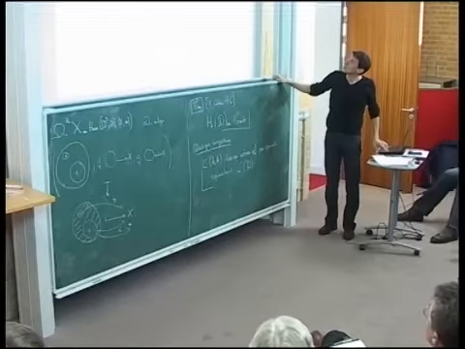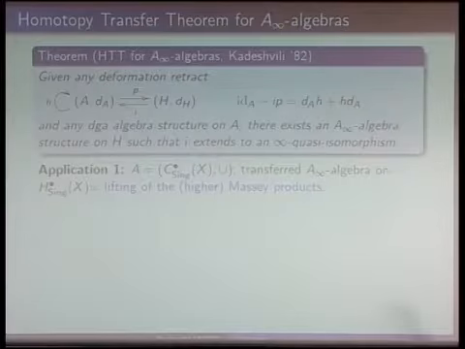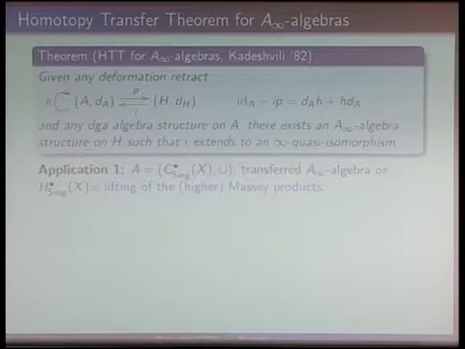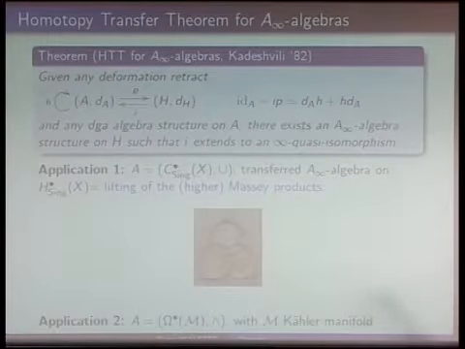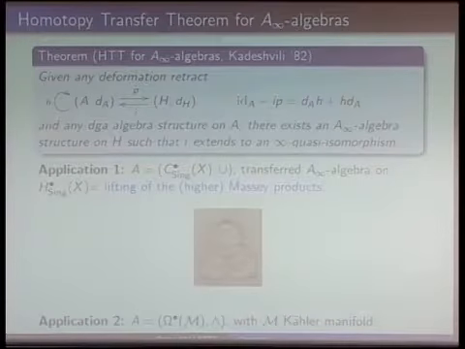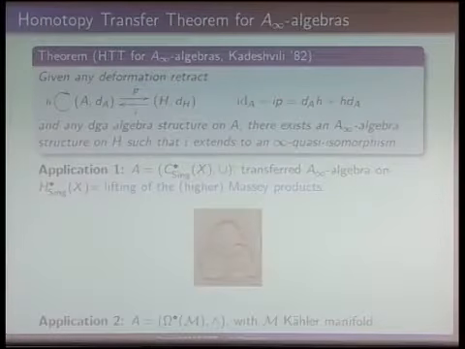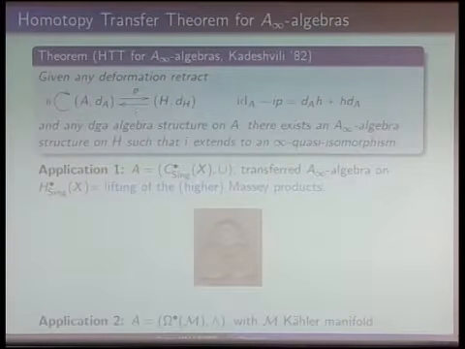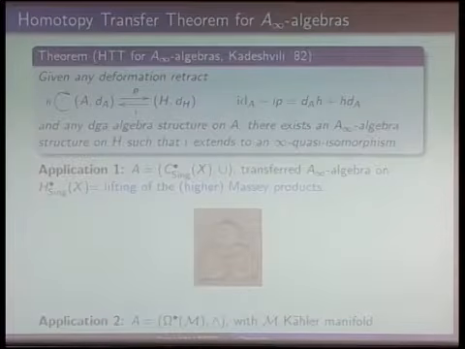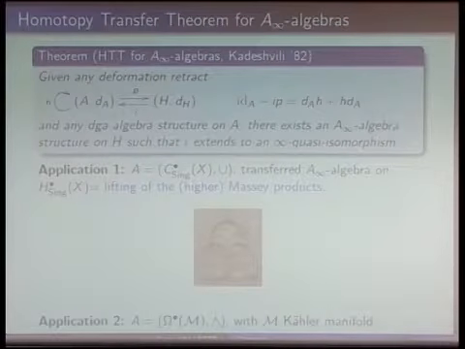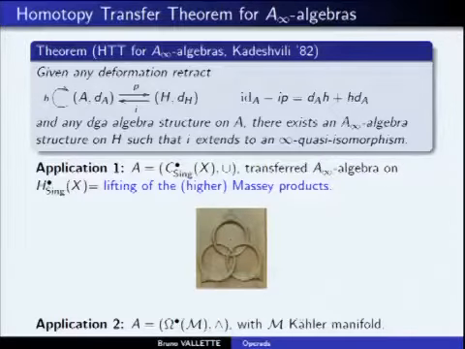Then you have the same homotopy transfer theorem for A-infinity algebras, and it is related to two things that you know: these higher Massey products on singular cohomology. So I give you an example where it is used, these Borromean rings. It was also used to detect whether a complex manifold can have a Kähler manifold structure. But let me skip this.